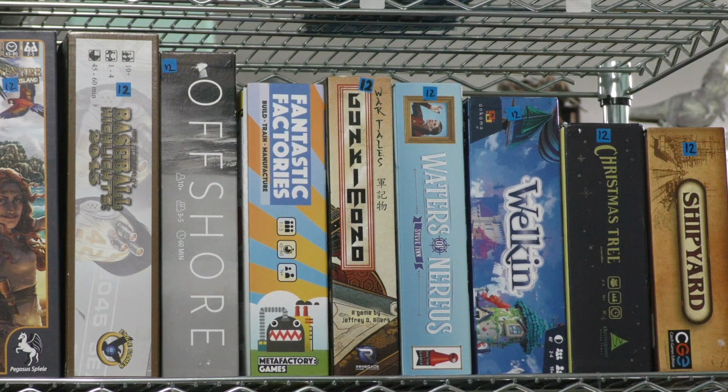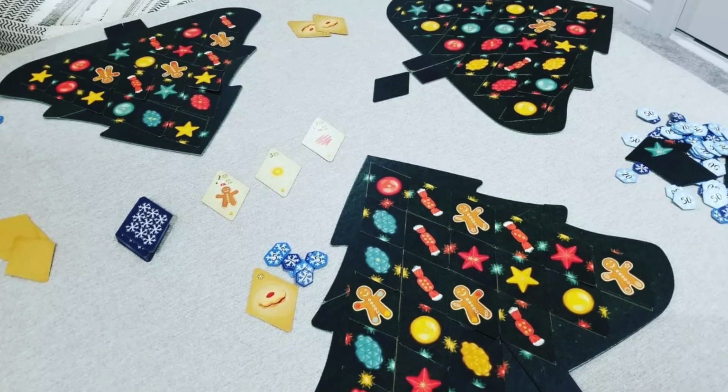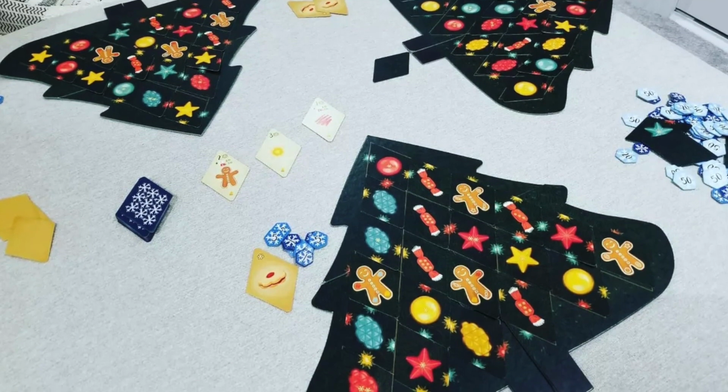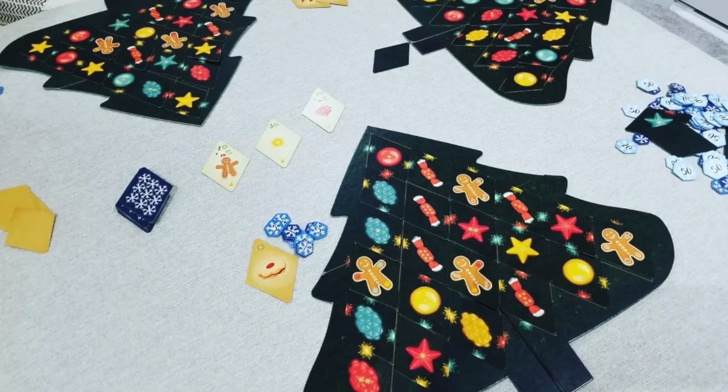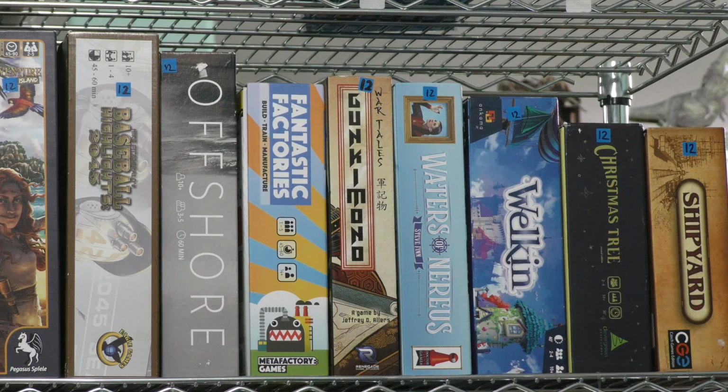Then we have Christmas Tree. Now, Christmas Tree is in the library straight up because it's a theme I like, and I put it in here as a personal pick, one of the games that I think people should check out. Christmas Tree is a game where you're putting ornaments on a Christmas tree, and the way you put the ornaments on the tree will score you points based on what you're next to, and cookies and all kinds of things like that. It's a fun theme. It's a fairly abstract game, but I like it a lot, and if you ever play games at my library,